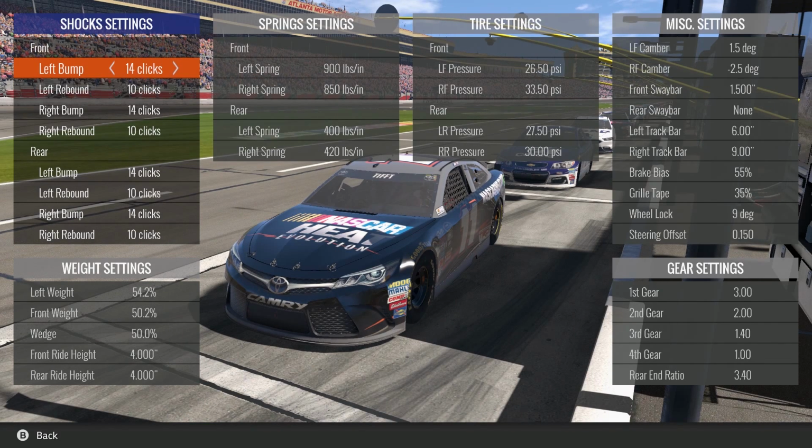So with the rule of thumb here, we can go with the higher bump on the left side, and that's going to make the car looser on that left side. If we go down on the clicks, we're going to make it tighter. Rebound, however, is the opposite. Like I said, we're exiting the corner, so a higher rebound will tighten the car,